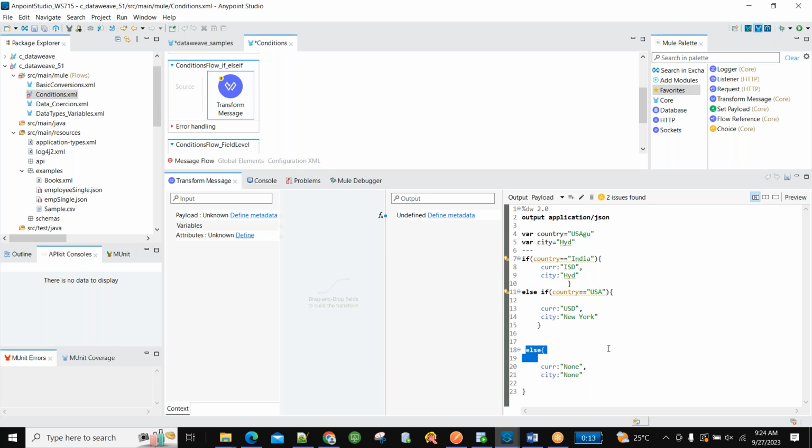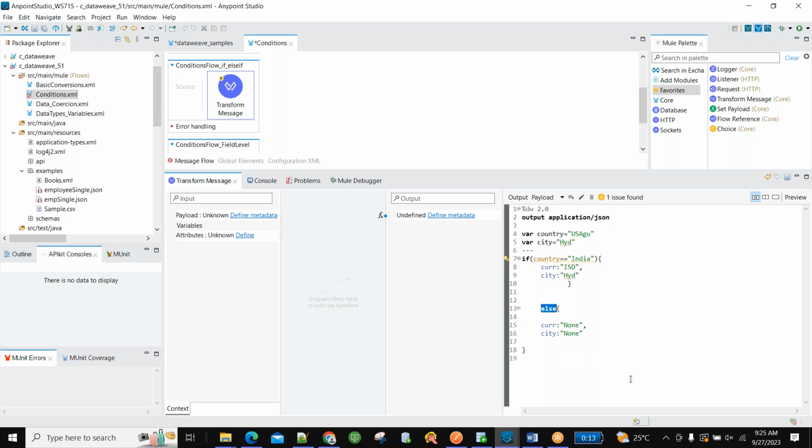If I remove this else now, definitely it will scold me. See, if I remove this else, it directly says error, missing else. At least here it is saying a right message. So for one if condition, the else is mandatory. Even if you don't have else if, it will not scold. Why? Because it is optional. It will work.